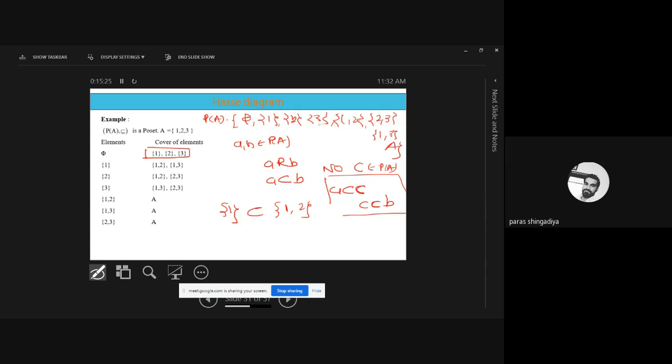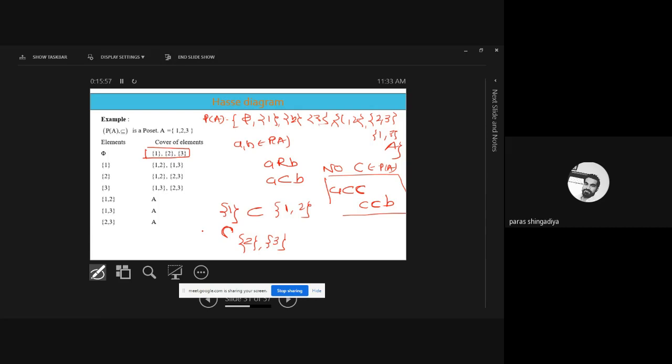The first condition is true. Now for the second condition, in between {1} and {1,2}, there are 2 elements, singleton 2 and singleton 3. Okay, both numbers exist in between {1} and {1,2}. So let's check, can we consider any value as a C or not? Okay, so {1} subset of {2}, that is incorrect, and {1} subset of {3}, that is also incorrect. Means A subset C becomes incorrect here. So both values are not a part of C. Okay, it is not a counterexample of C.